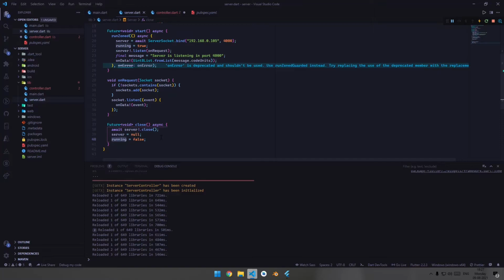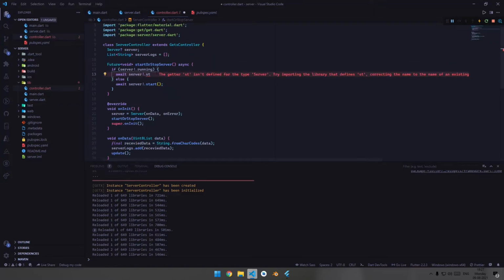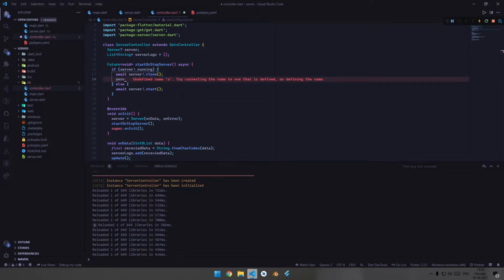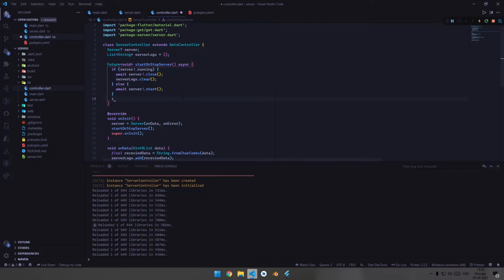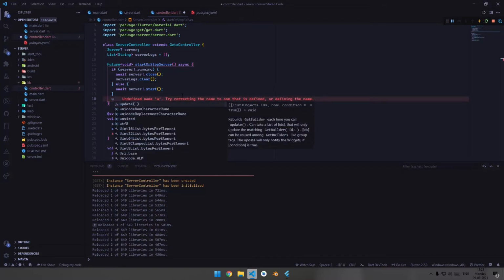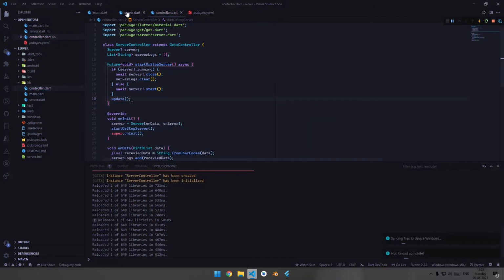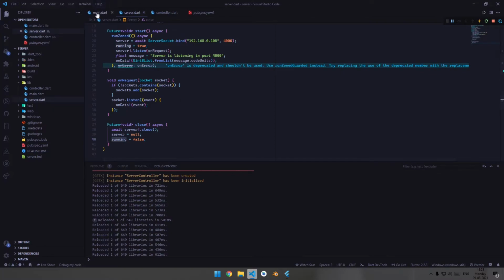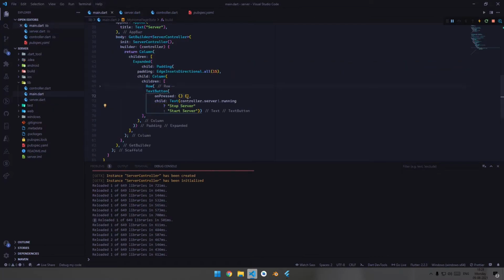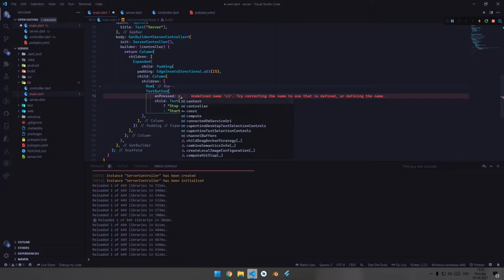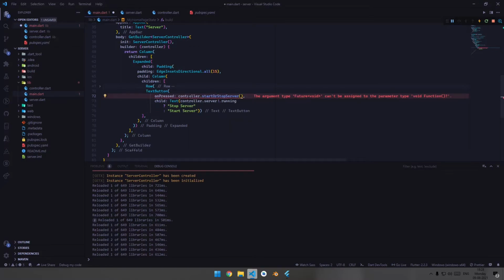Server dot close, and we will be clearing all the server logs and call this update function, and in the main dot let's give it as controller dot start or stop server.